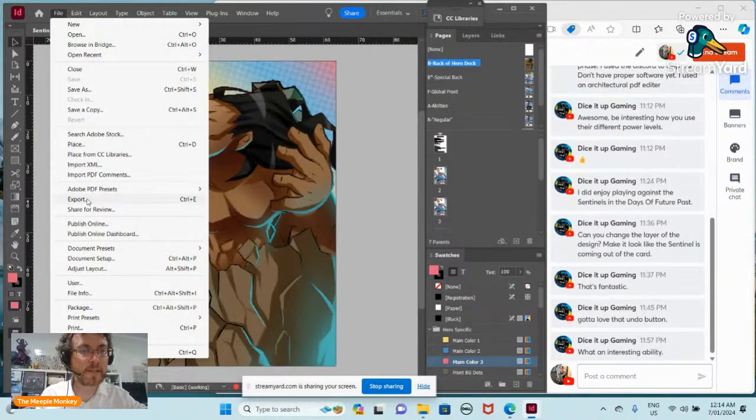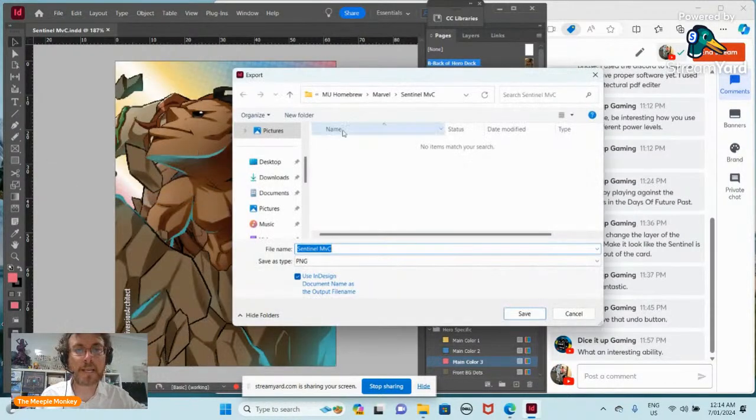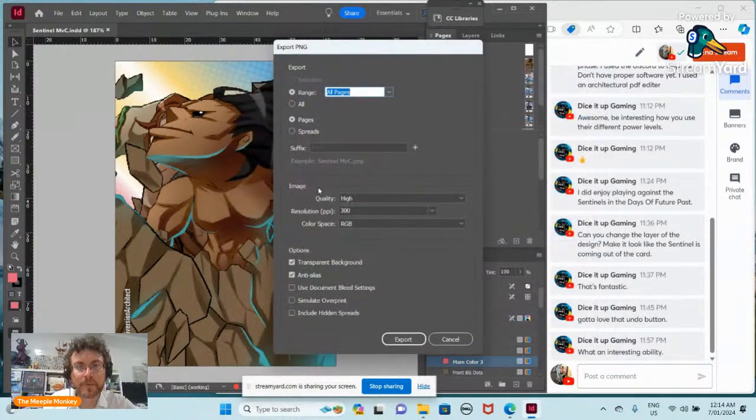And we're going to go down to export. This will allow you to go in, and you can see here I've got a folder already called Sentinel. So I'm going to export this in there. What I do is I hit save. Now if I want to print these out, or I want to save these in a drive to share as images for printing professionally, I'll use the document bleed settings. So I'll do this, bingo,